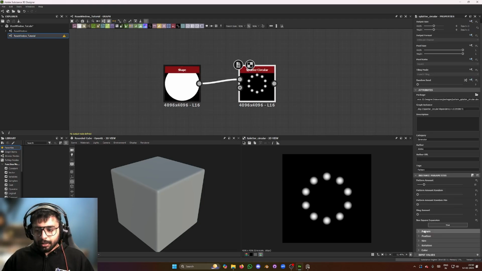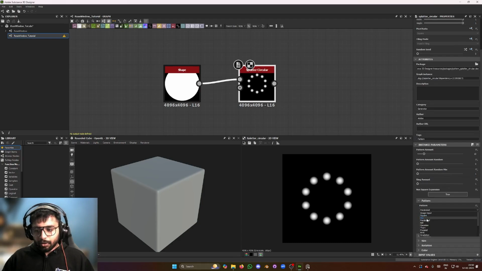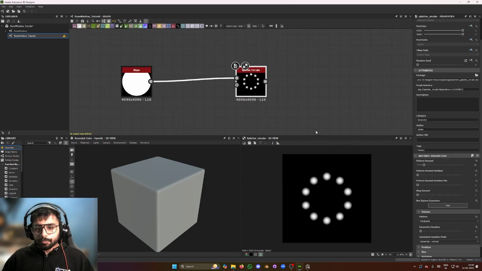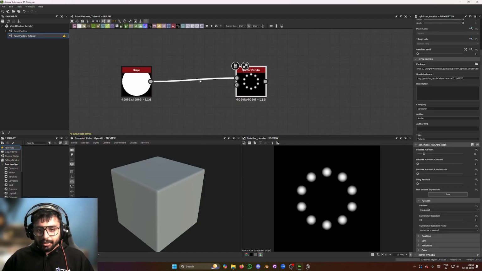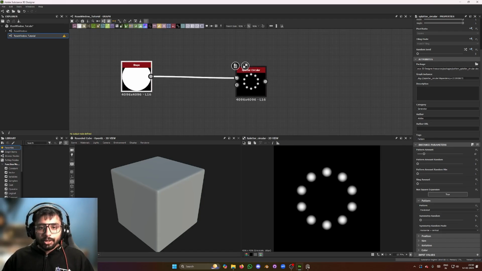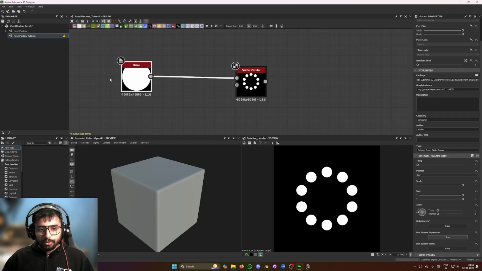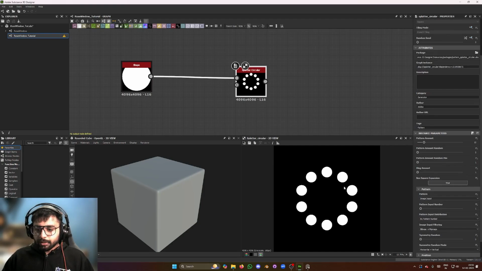I actually didn't need to do a separate shape node. There's already a disk here, but it just gives me that much more control, because if I want to do something to this, I can always just go ahead and do that. So it's always better to take a shape and put it into the pattern input of splatter circular. And I'm gonna change this to image input now, so that it takes the actual input. And now we have this kind of a circular distribution of this pattern. So it's actually called a ring,